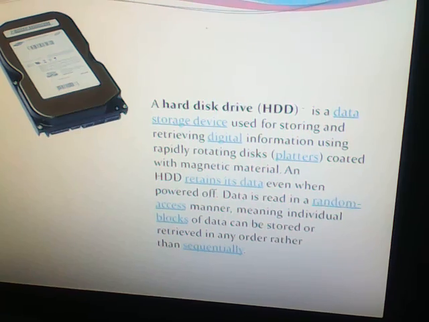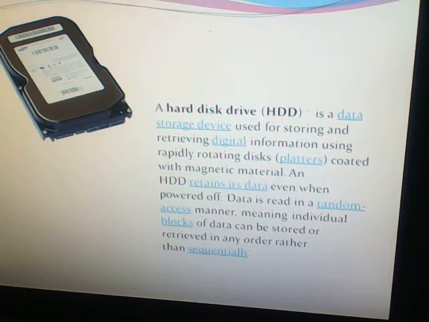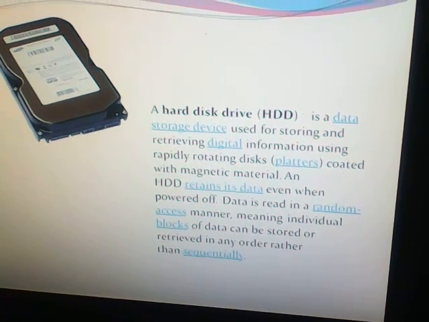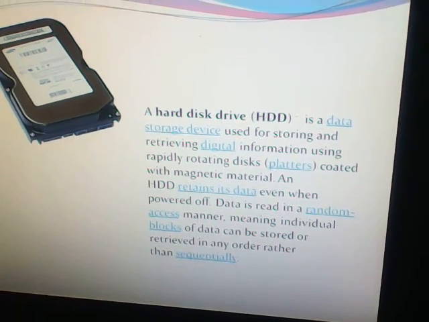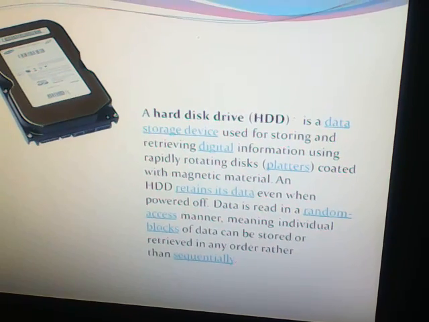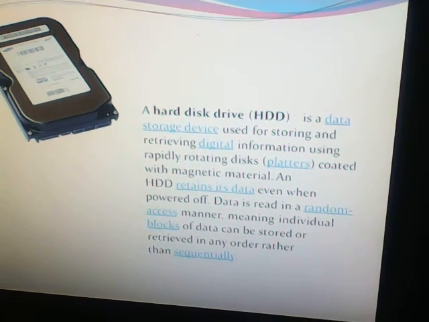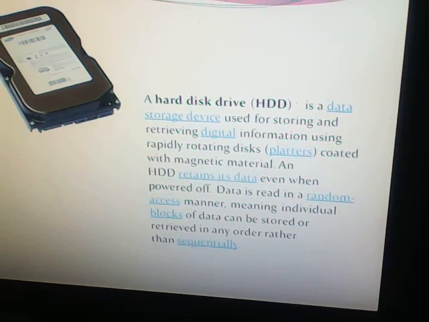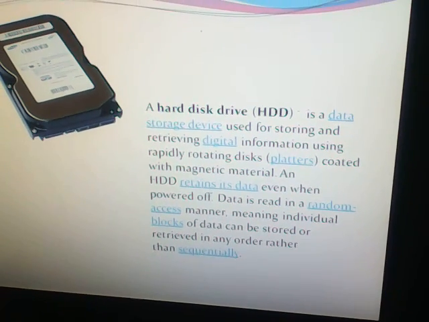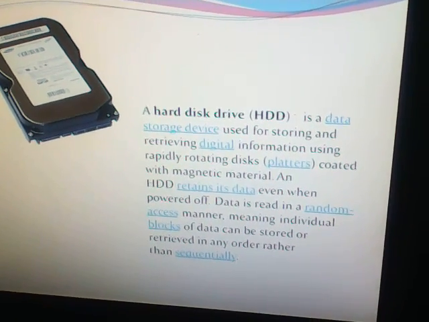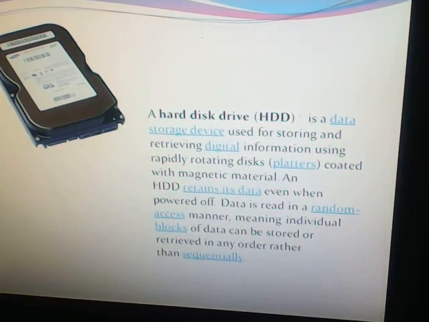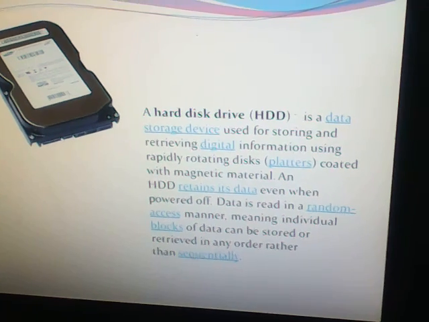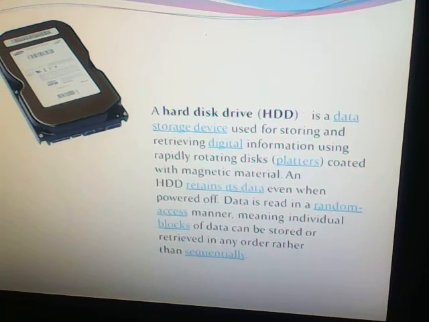A hard disk drive (HDD) is a data storage device used for storing and retrieving digital information using rapidly rotating platters coated with magnetic material. An HDD retains its data even when power is off. Data is read in a random access manner, meaning individual blocks of data can be stored or retrieved in any